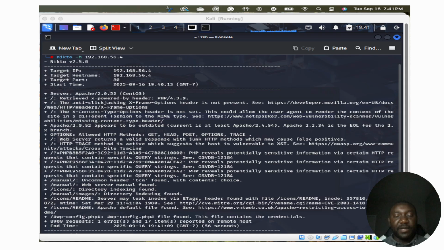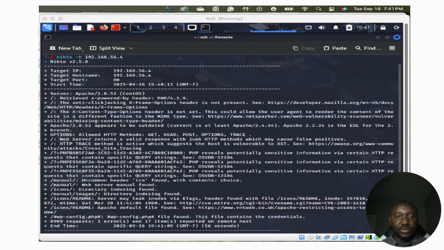After that, we were able to install Nikto and then run the command nikto -h and the IP address. By running the command, we were able to find the target IP, the target host name, the target port, and the start time